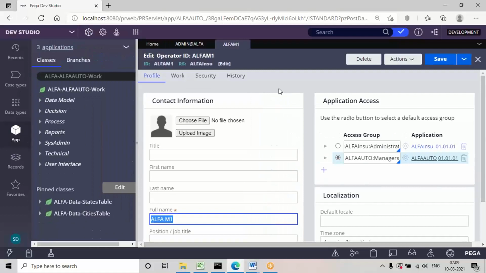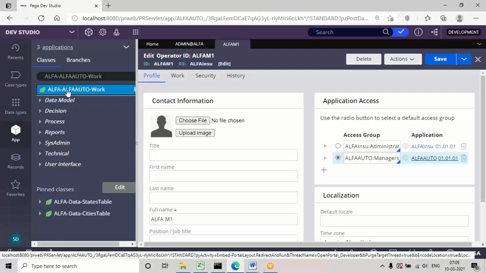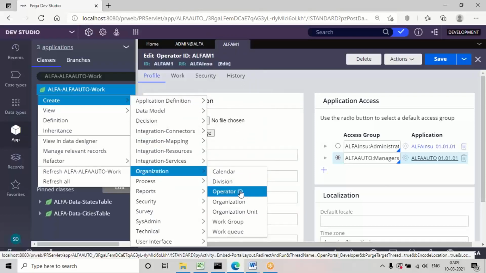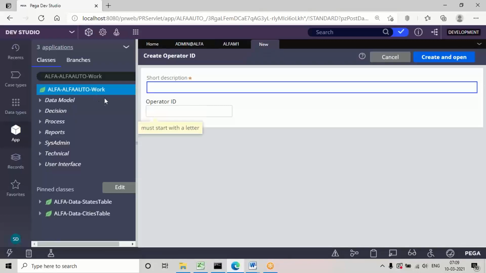We can also create user IDs in the application from the organization category. If you go to the organization category, operator ID, from here I'm creating a second ID. Let's see how to create from this operator form. I'm giving the name alpha m2.